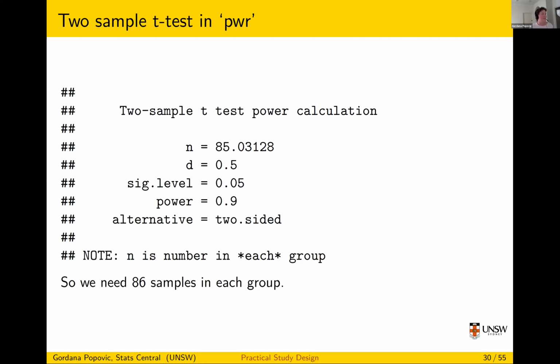Why does sample size depend on the effect size you expect to find? It's not the effect size you expect to find, but it's the effect size in the population, because large effects are easy to find. If there's a huge difference between your groups, then even if you have 2 or 3 measurements in each group, you're going to very easily see that those groups are different. But if the difference is small, you won't be able to notice that difference unless you have a very large sample size. So the effect size is really important.